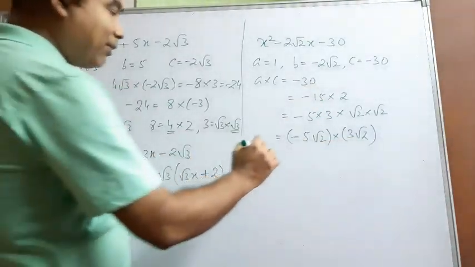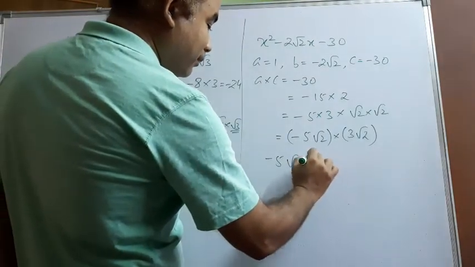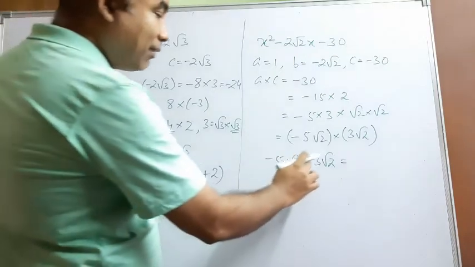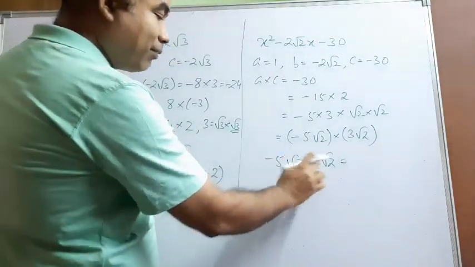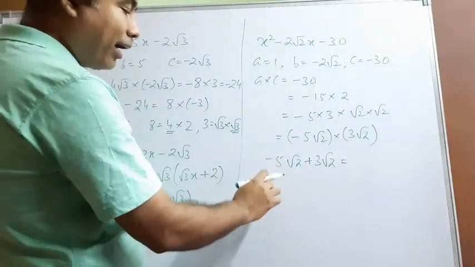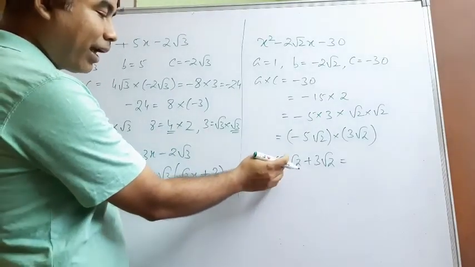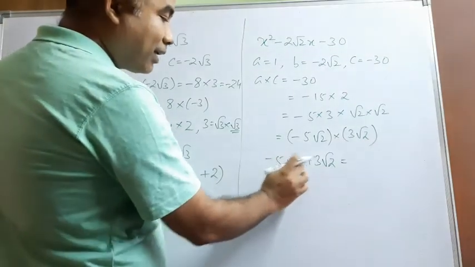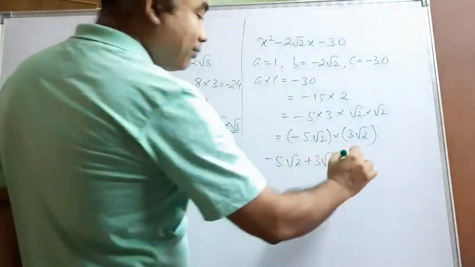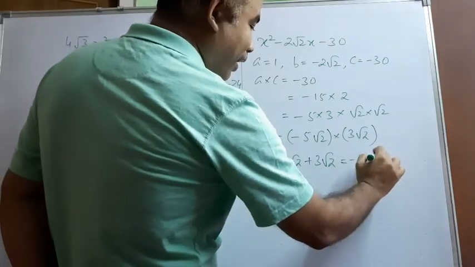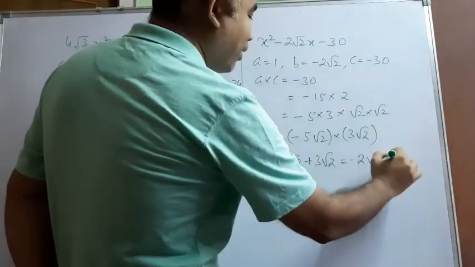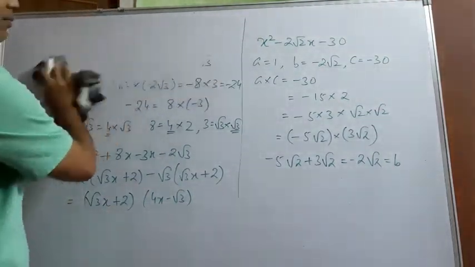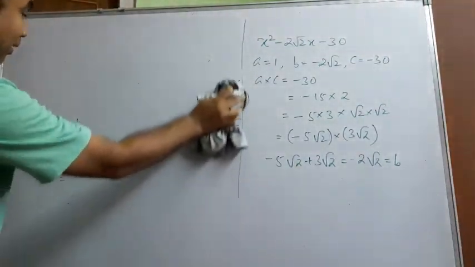And what is the sum of these? As you know, you can add two irrational numbers if you have the same number under root. So here we have the same number under the root sign, and what to add or subtract, you have to add or subtract the numbers outside the root sign. Outside the root sign we have minus 5 and plus 3. What is their sum? Minus 5 plus 3 is minus 2 and root over 2, which is equal to our b. Okay, so how to split it now?